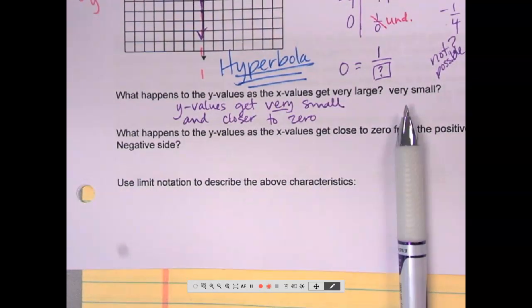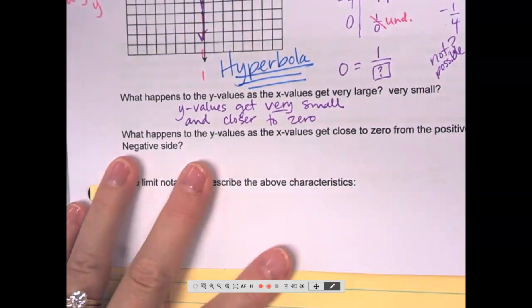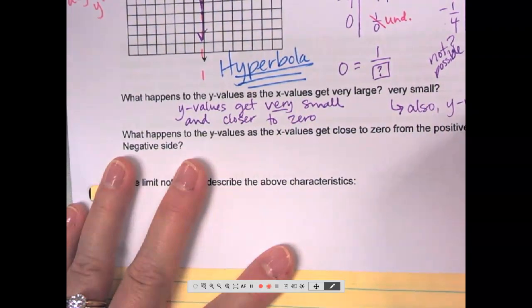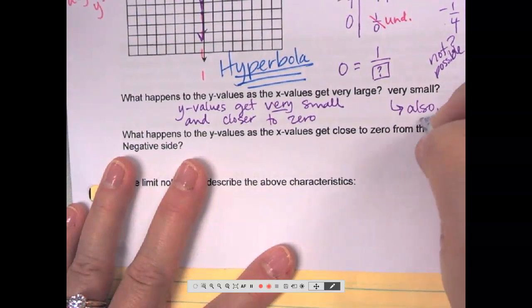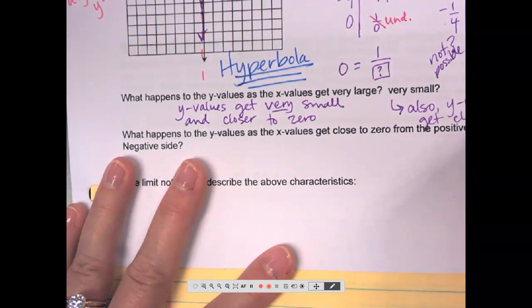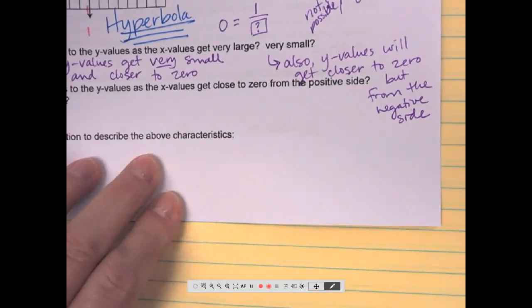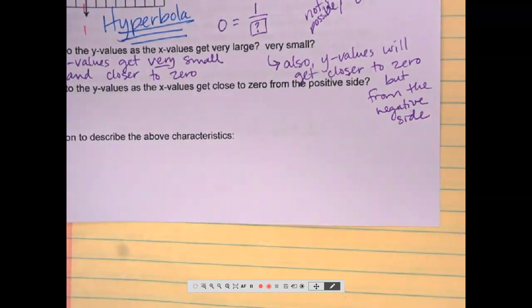So if we think of it as kind of like a limit, picture a number line. Hang on, let me write this down and then I'll show you what I mean by number line. Also, y values will get closer to 0, but from the negative side. There we go. Okay, so if I were to think about a number line here,